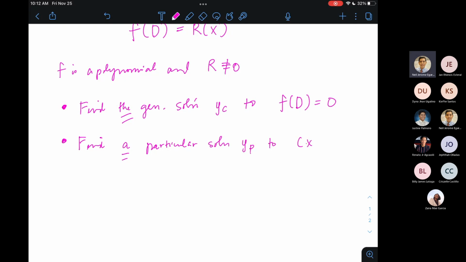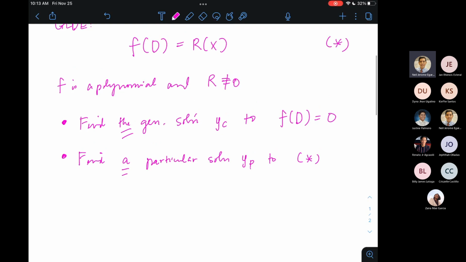So let's call our GLDE equation star. So kailangan makahanap lang tayo ng isang specific na y sub p na makakasolve ng nonlinear GLDE. Once we found a particular solution, we'll just need to combine the results from the first and the second bullets to get the general solution. Y sub c plus y sub p is the general solution